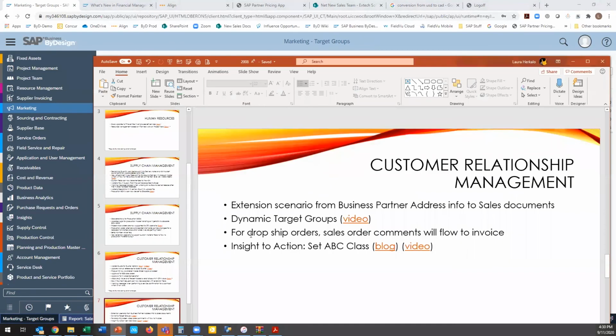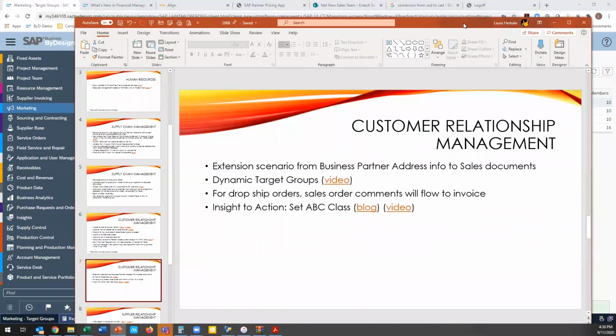And then for dropship orders, you've got sales order comments that are going to flow into the invoice from dropships. And now the last piece on the CRM side is the insight to action. They've been talking about this for a while, of some of the new bits that are coming in,